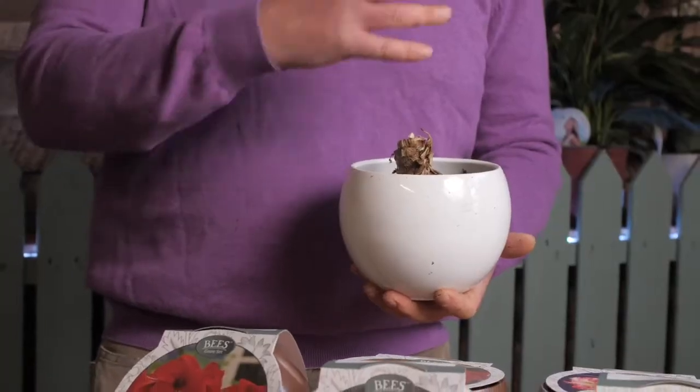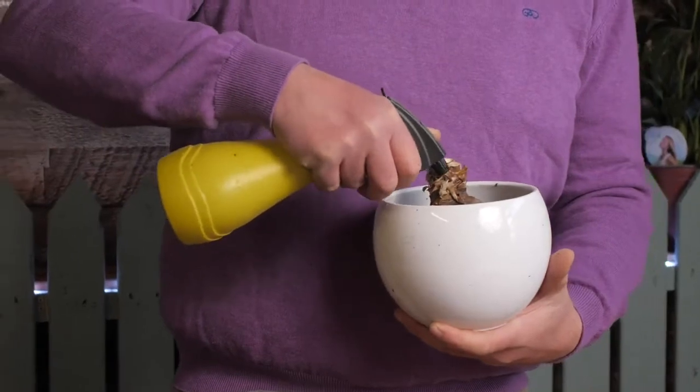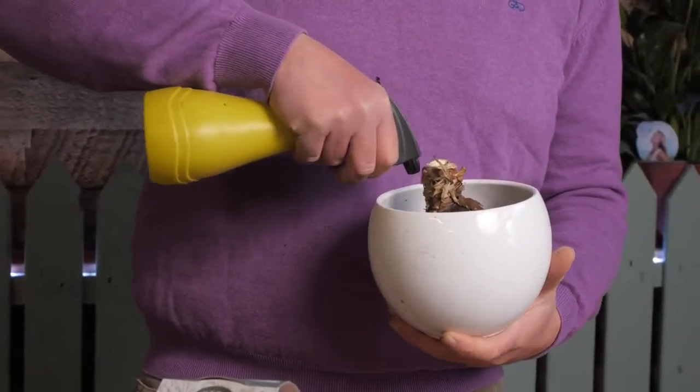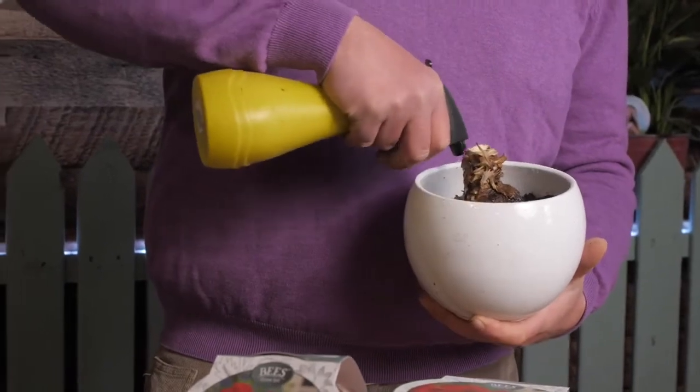I actually leave it in the pot, leave the pot and all in the shed, let it go dry, and come this time next year, I'll bring it back in and I'll start watering it, and the magic will start all over again. Last job to do with this before I put it away, I want the soil to be damp, I don't want it to be over wet. Remember what I said, there's no drainage hole down there. So I just want to moisten the soil